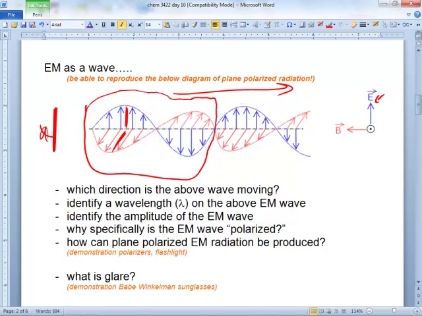How about the amplitude? How would you describe the amplitude, Kathleen? Yeah, like the top of the peak to the midline, right? And you can talk about either the electric field or the magnetic field, but